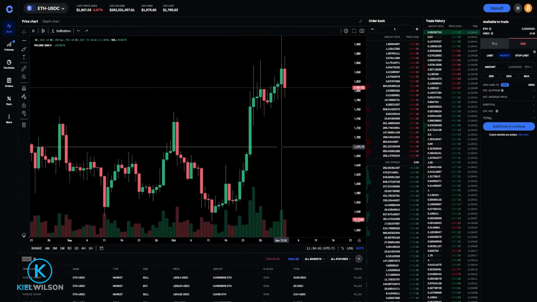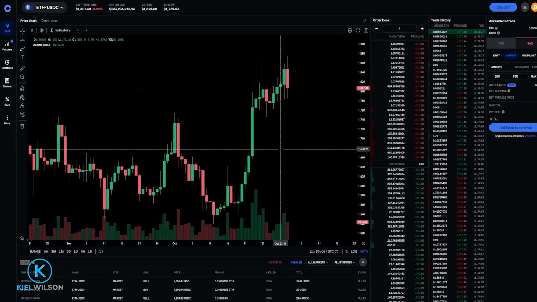Next, I'll demonstrate a limit order. Limit orders give you the ability to be a little bit more strategic by choosing a price point that you wish to be a buyer or a price point that you wish to be a seller. But you do need the price of the asset to reach your limit price before your order will fill and